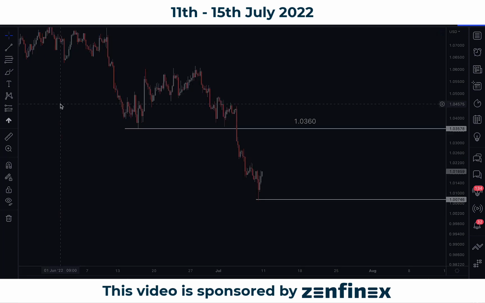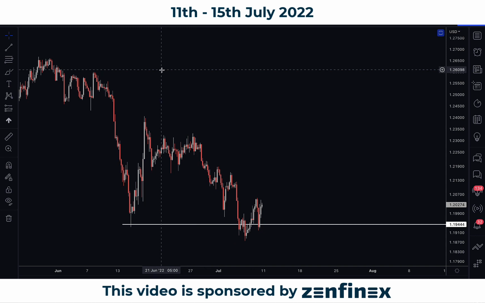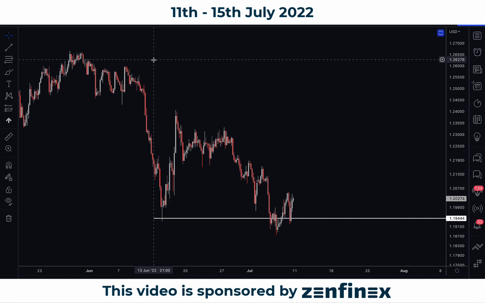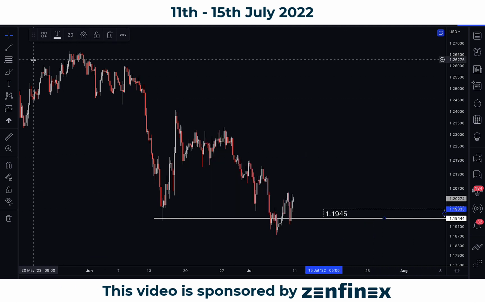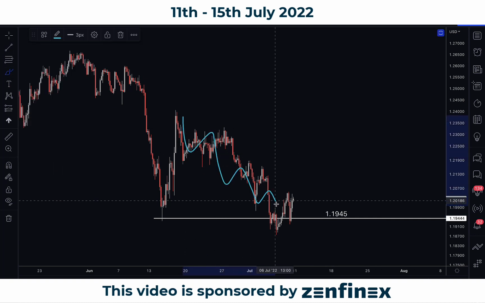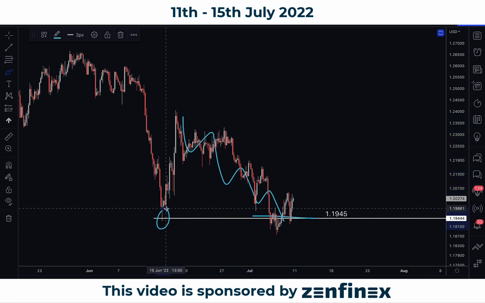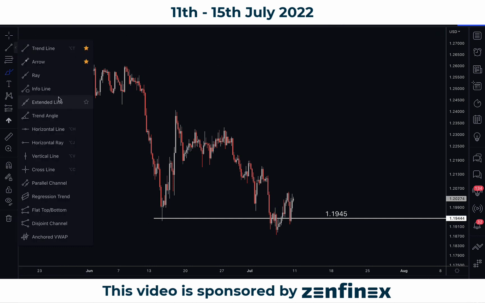Now, in terms of the pound dollar, as I mentioned, because Boris Johnson resigned as Prime Minister, there might be some volatility and uncertainty in terms of the pound. However, from a technical point of view, the direction I would want to focus on for the week is rather clear. As long as the market is able to maintain around 1.1945 and above, we are seeing that the move down here might have stalled right from the previous support level, and there is a short-term opportunity where we can look for a bounce, right?